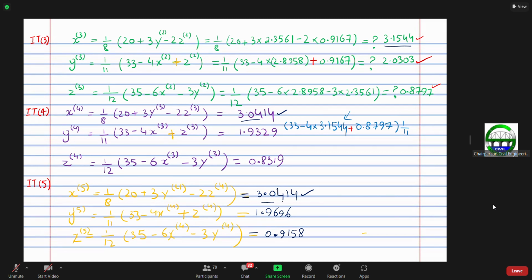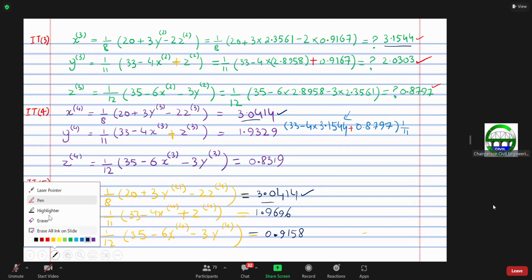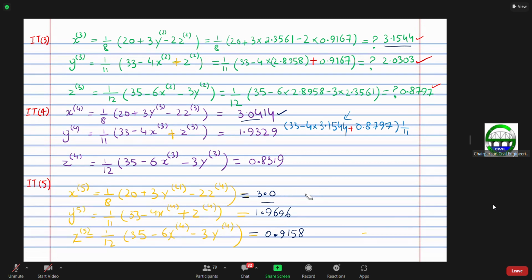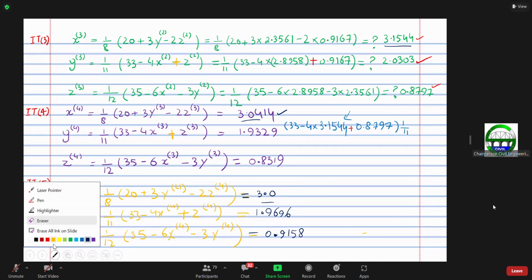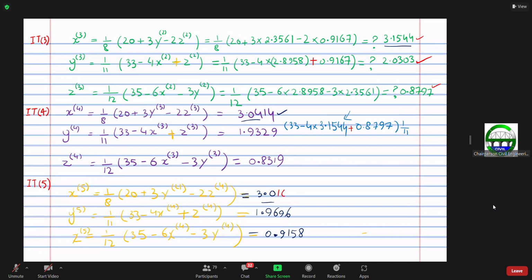No, 0.4, it should be like something 3 point, actually this one is 3.0168. It should be like this one. So now you can see the value of here, the value in here, and the value in here. These keep changing. They are getting closer and closer. Maybe if you go with another iteration,